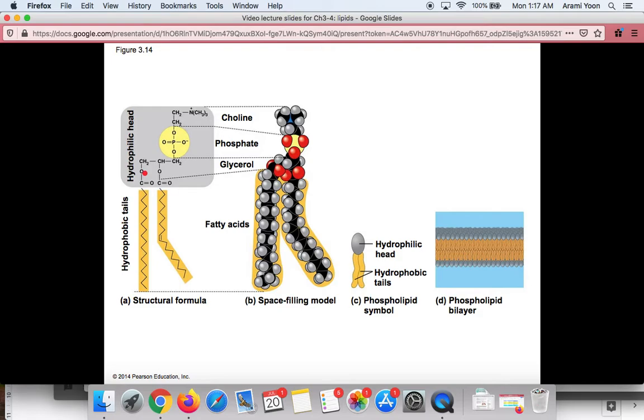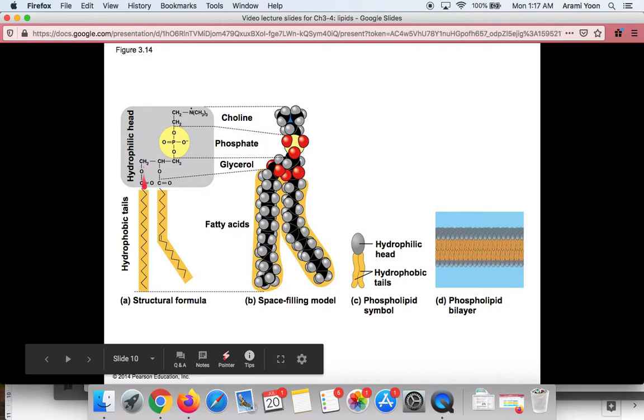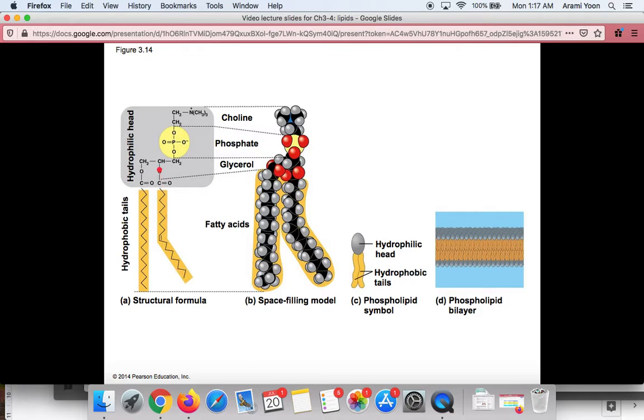Through dehydration synthesis, it formed ester linkages with two hydrocarbons, two fatty acids. So here's one straight one, and then here's one bent one. But then that third hydroxyl on the glycerol actually did not bond with another fatty acid chain. Instead, it bonded with this structure here, and the defining characteristic of this structure is the presence of the phosphate group right there. You'll notice about the phosphate group that it has this negative charge right here, which means that